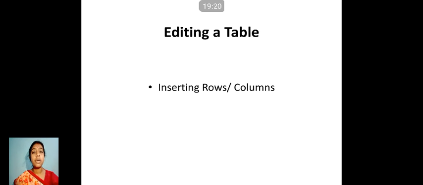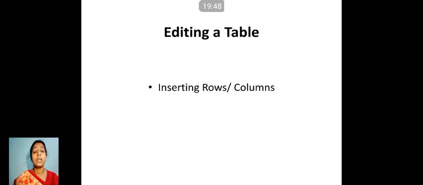One more row is required. You have entered 3 names and you want a 4th name also. So the row is not there. Then what will you do? You will create the entire table again? No. To reduce this work, so that you don't have to create the complete table again, you can insert a row or even a column in your table.